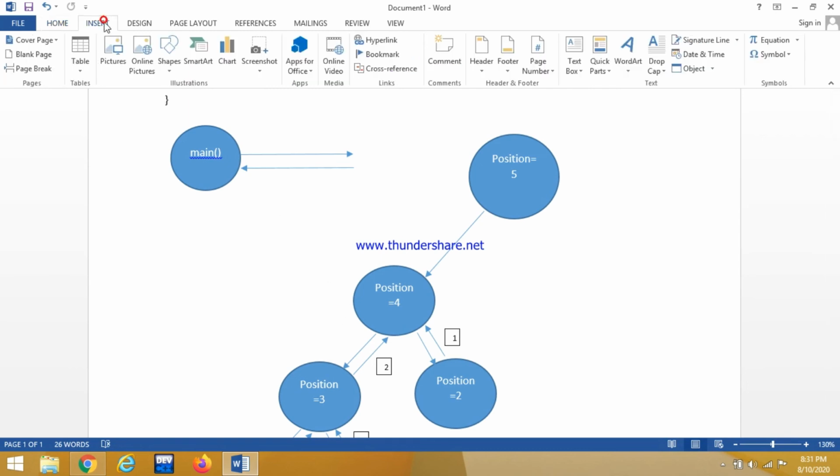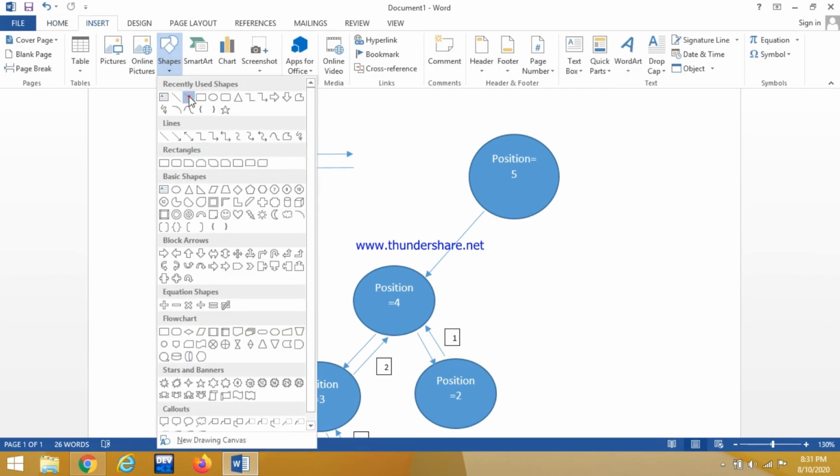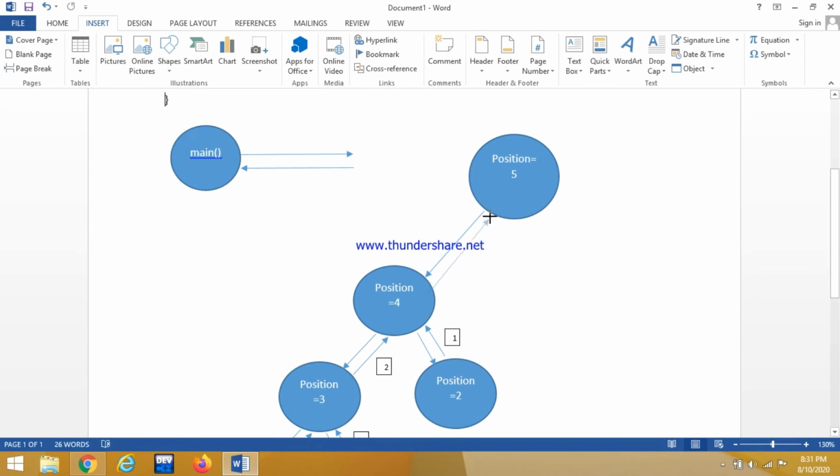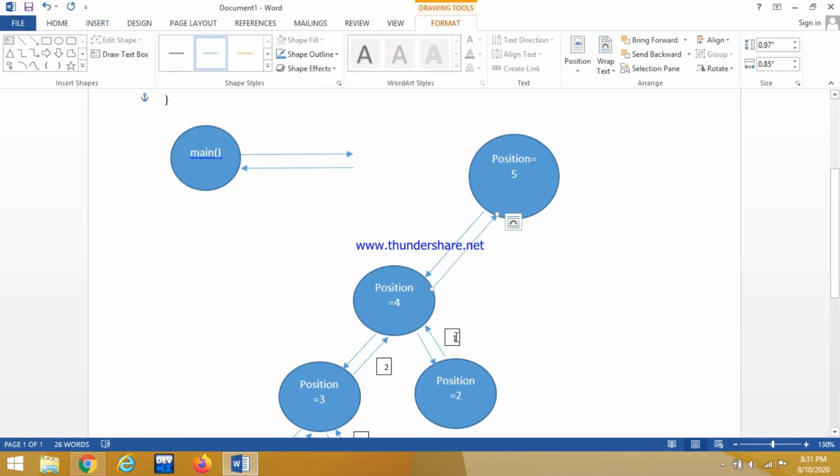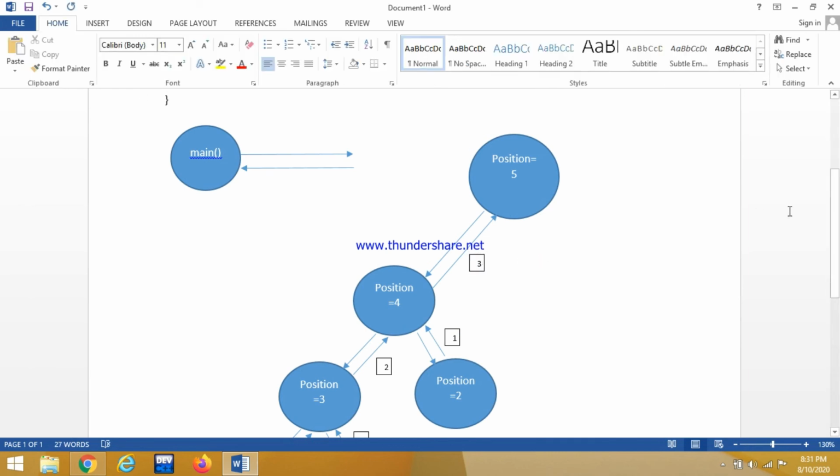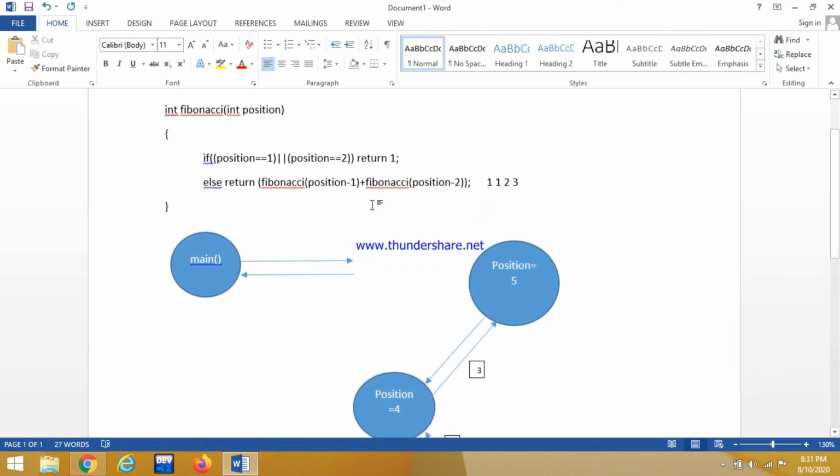That is, I can say that here, if I insert this, this would have returned here with the value 3. 2 plus 1, 3 would have been returned, not to main, but to this new position equal to 5 instance. So this return would have been where? Would have been here. Then this addition can be done only if I call for Fibonacci position minus 2,